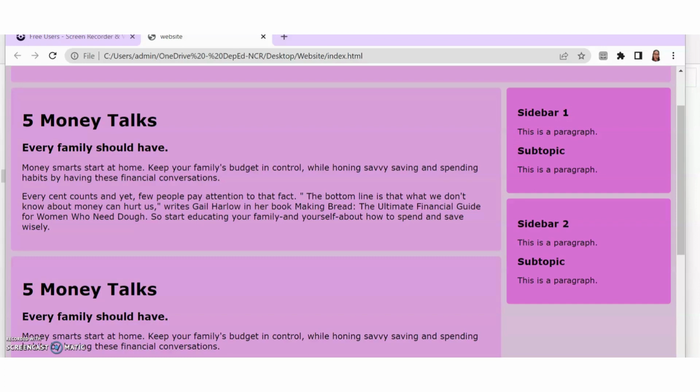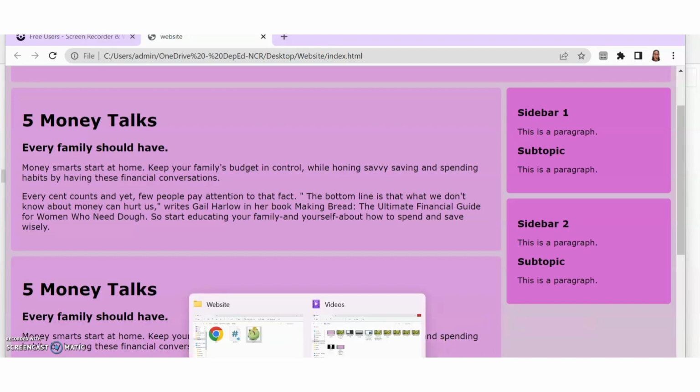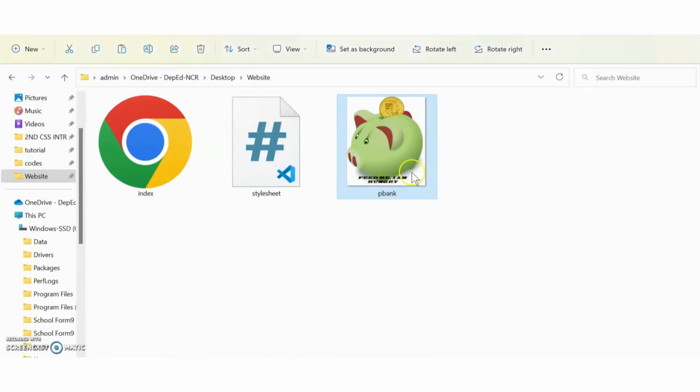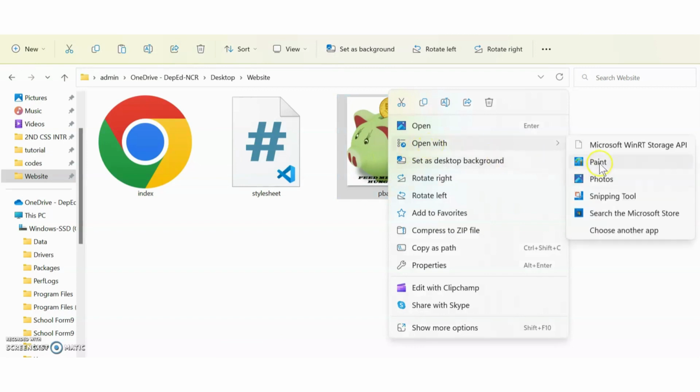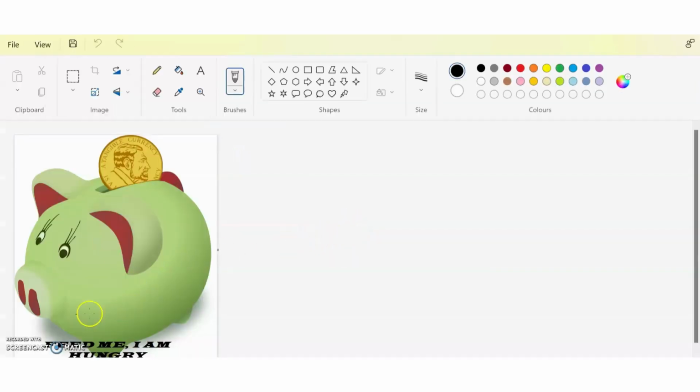In this video, we're going to add another sidebar, and that image is going to cover the entire area of the sidebar. Okay? Now, I have an image of a pig here, which I downloaded freely. So you can open it with Paint and add additional text if you wanted, right? Now you can save it, and then